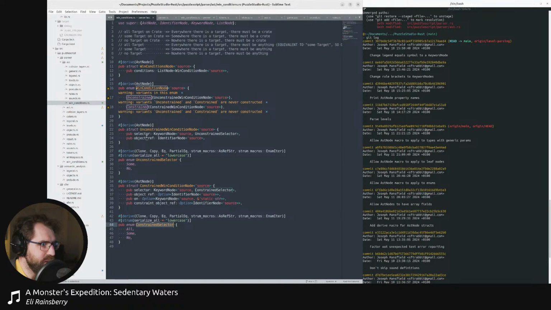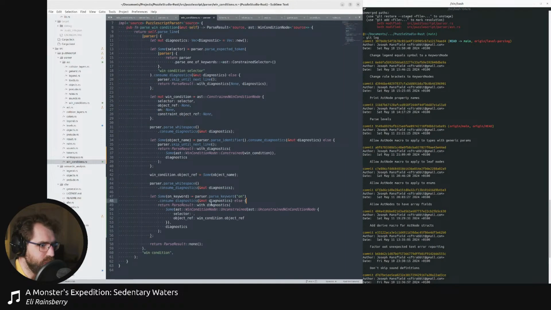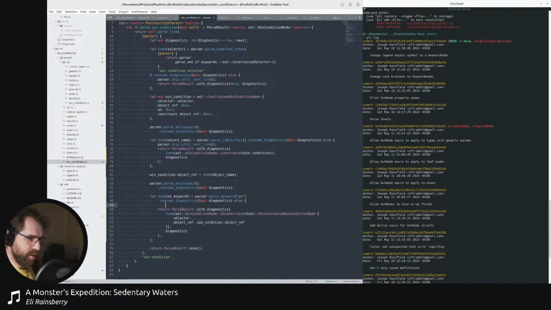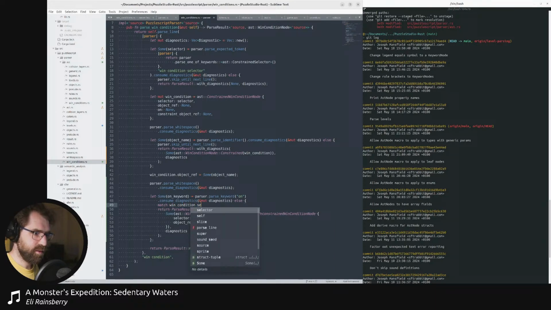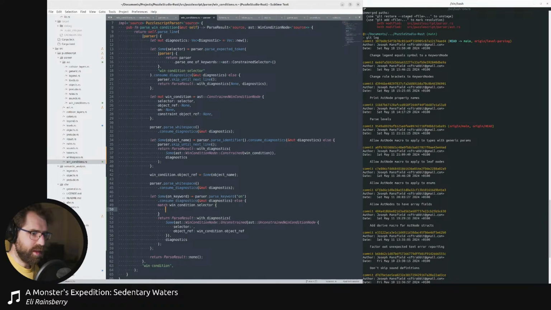If we don't have an on, then we must not have all. Okay, cool. So we are going to match. So we don't have an on. We are going to match selector. Yes, win condition selector. And then if,